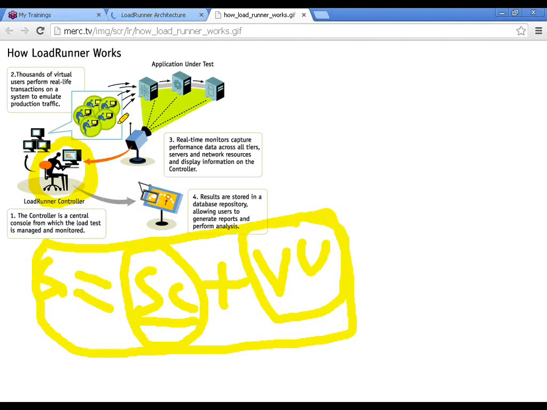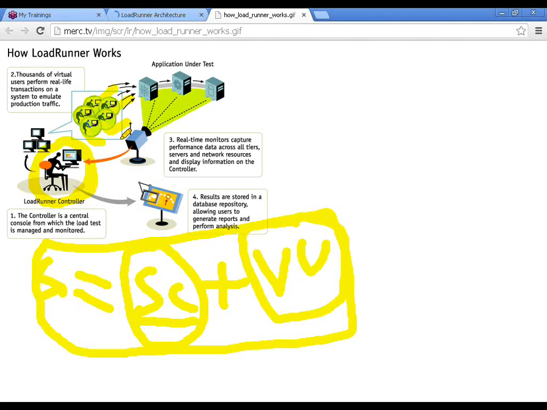So why is this needed? Because in a real-time scenario, there will be thousands and thousands of users simultaneously accessing the application, either the same functionality at the same time or different functionalities. However, we will see a definite load at a particular point on a particular application because of the number of simultaneous users.